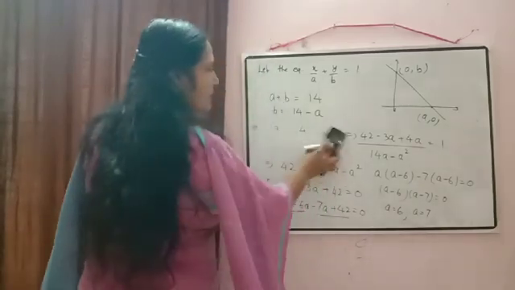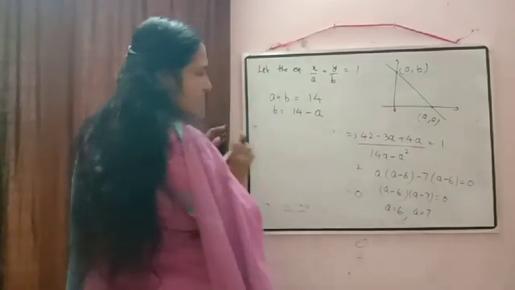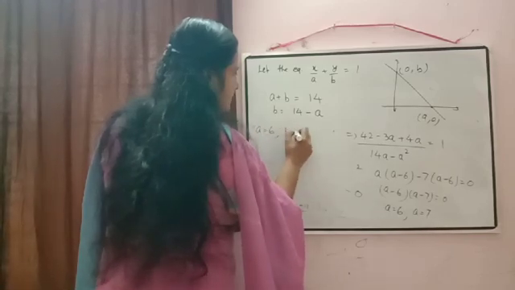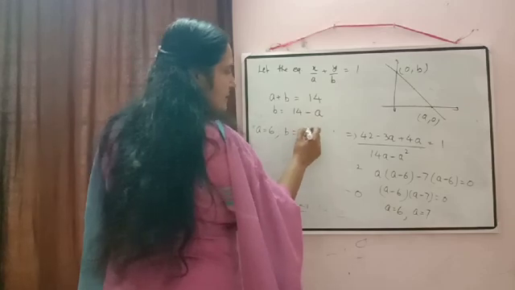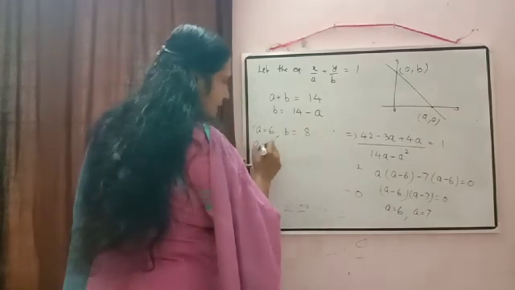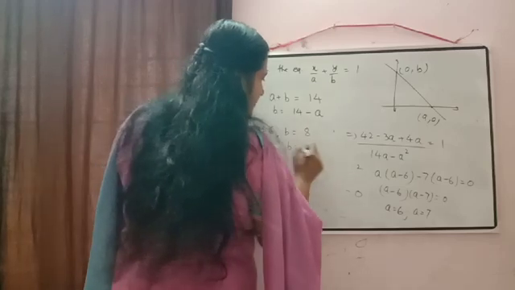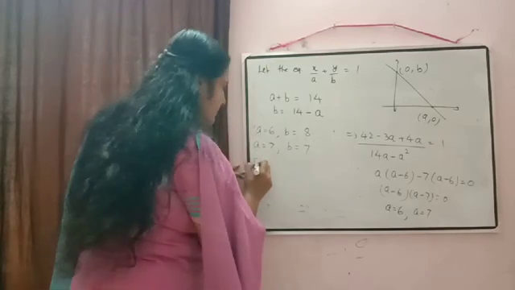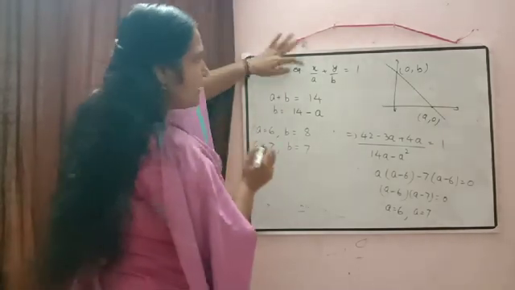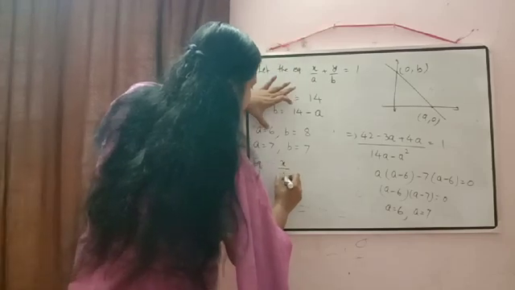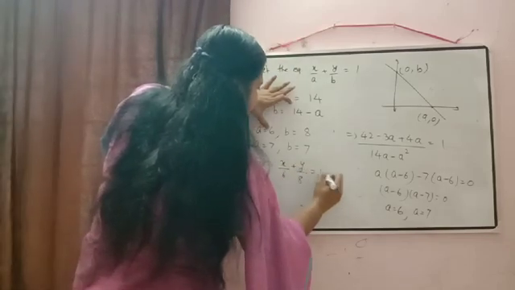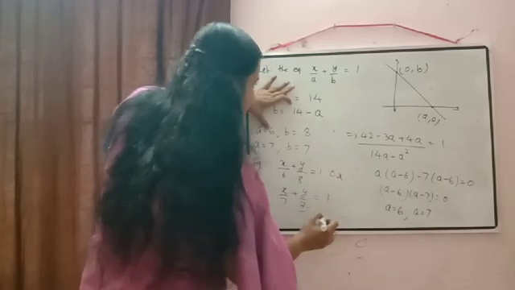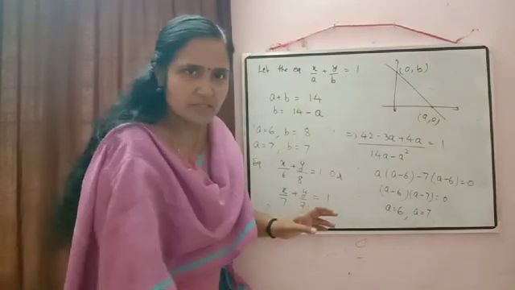Now we can calculate the value of b from here. So if a is equal to 6, then what will be the value of b? Just write down. If a is equal to 6, b will be equal to 14 minus 6. That will be equal to 8. If a is equal to 7, b also will be equal to 7. So two values we got. So in the same way, two equations also will come. So just write down. Equation will be equal to, first one is x by 6 plus y by 8 is equal to 1. Or second equation will be x by 7 plus y by 7 is equal to 1. So I hope this question is clear to you.